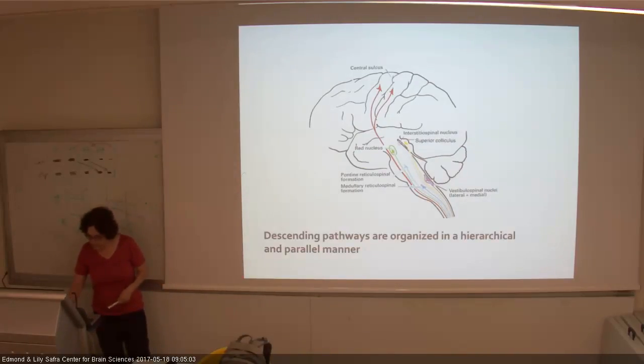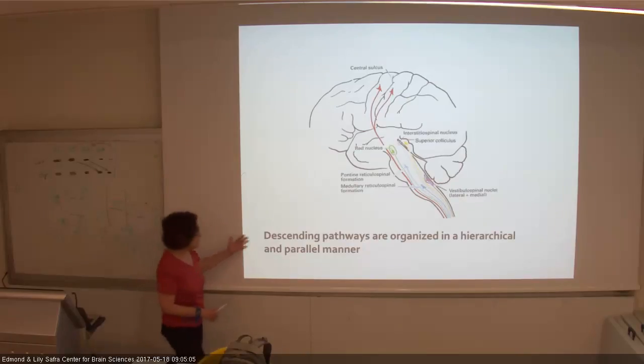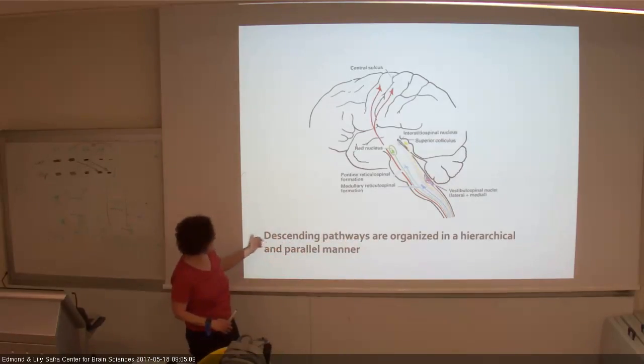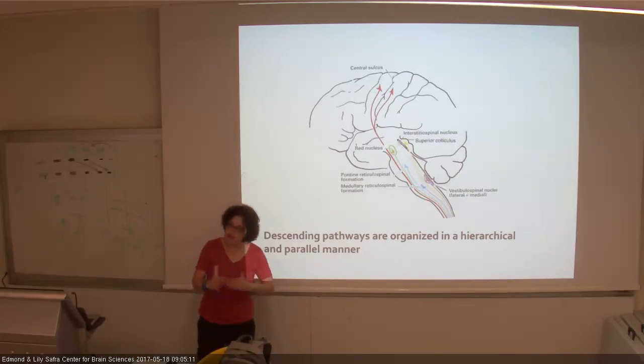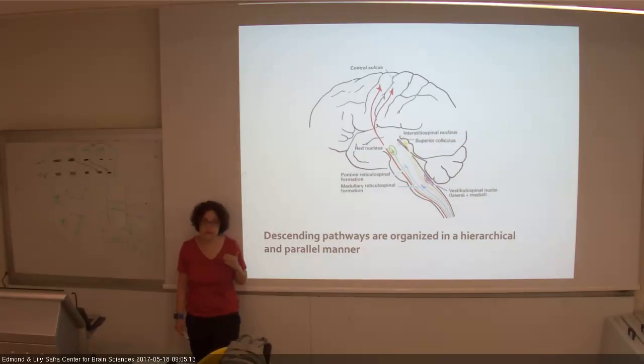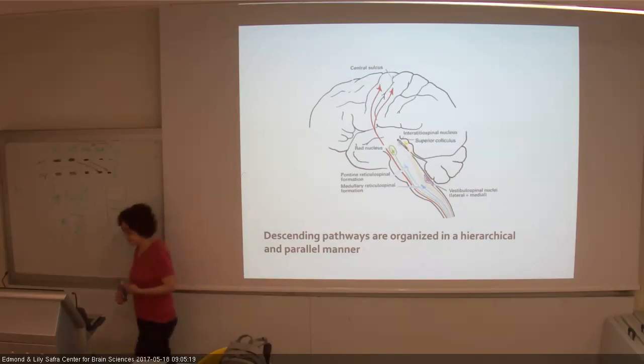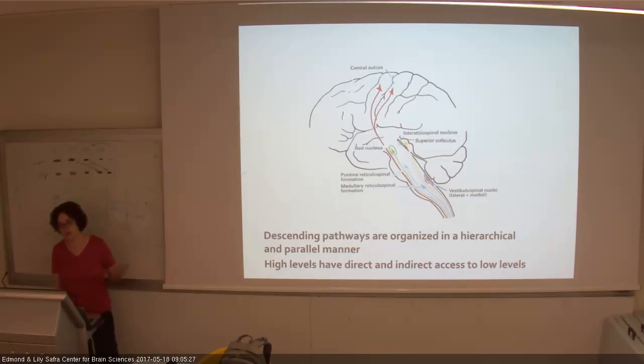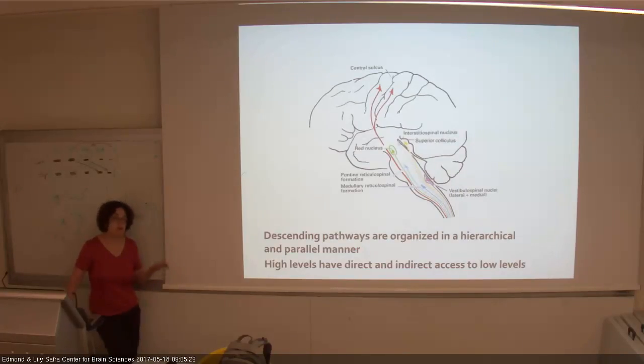So descending pathways are organized in both a hierarchical and a parallel manner. There is some hierarchy in the descending pathways, but there is also a lot of parallelism or redundancy that possibly makes them more resistant to injury. And the high levels, such as the motor cortex, have both direct and indirect access to low-level